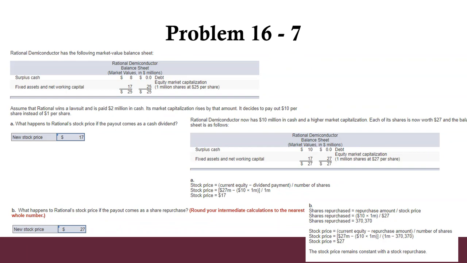If they kept it within the firm, then that stock price is not going to show that this cash was paid out, because what they did was they were buying shares of stock. And so if you think about the number of shares of stock, they're actually going to be decreasing, and that's why the stock price is going up. Whereas in the other one, we kept the same million shares of stock outstanding. So that's the difference there.